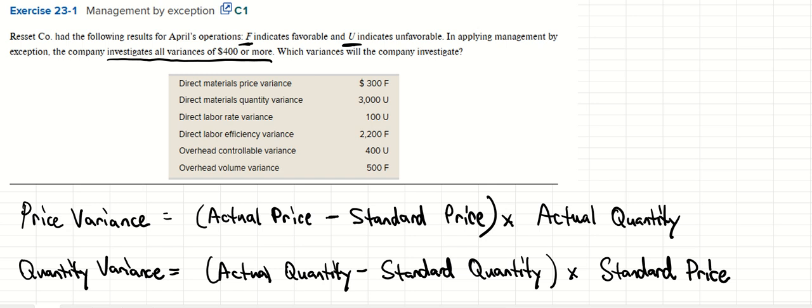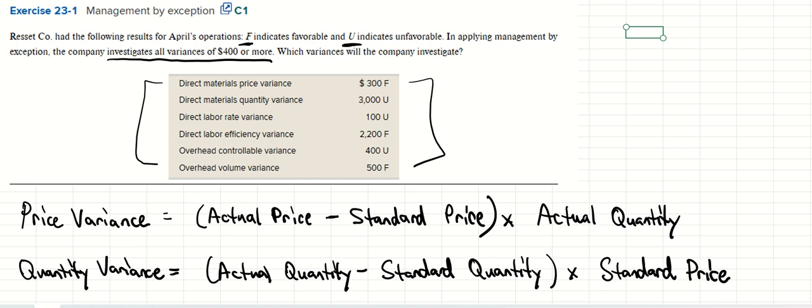Okay, this is practice problem number 1 for chapter 23. And this is in regards to management or the company making a decision on whether or not to perform further investigation on favorable variances and also unfavorable variances. As we can see here,